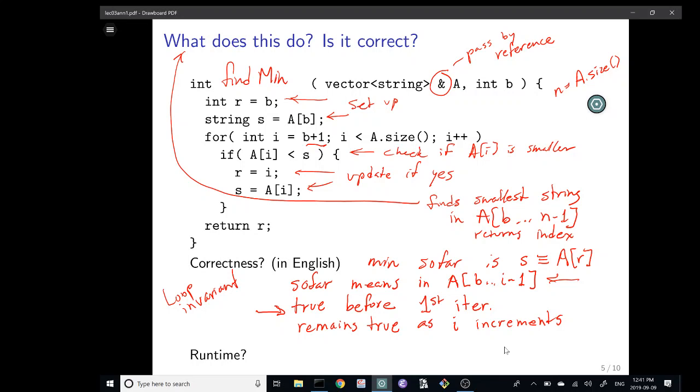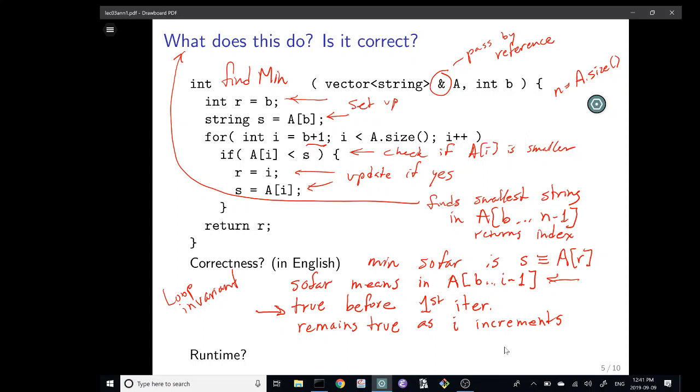Okay, now let's just get this out of the way. What's the runtime of this thing? Would it be something like O of n times m, where n is the size of the input vector array, and m would be the longest string there is for the pairs? Excellent, excellent.